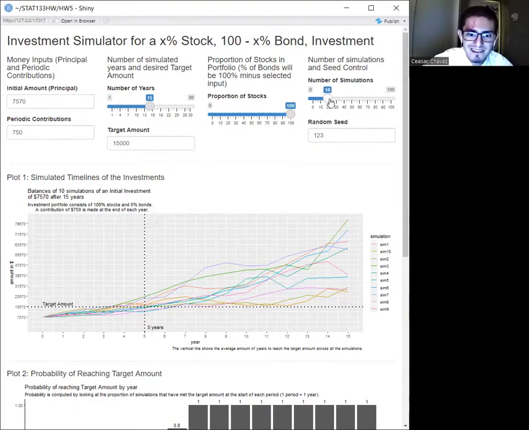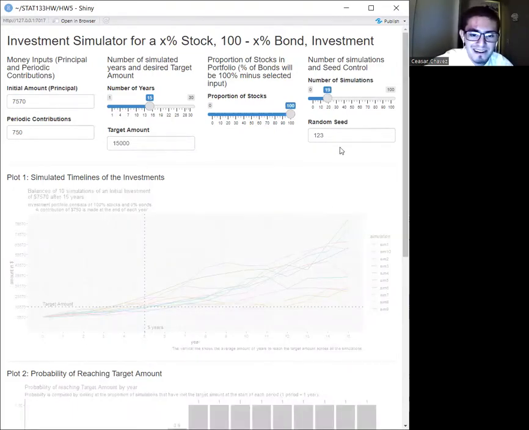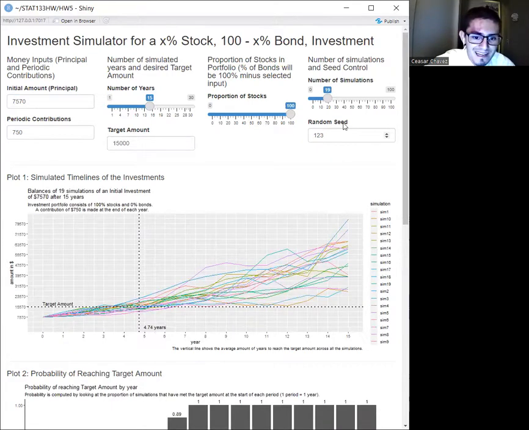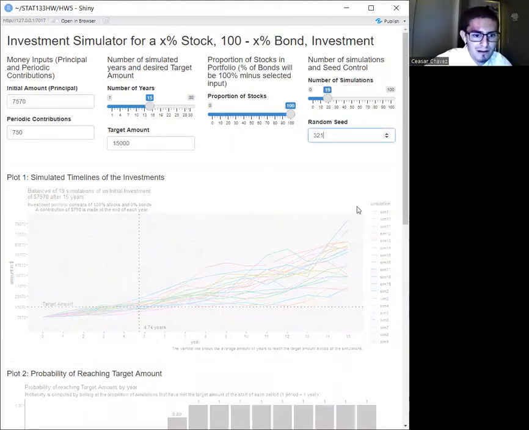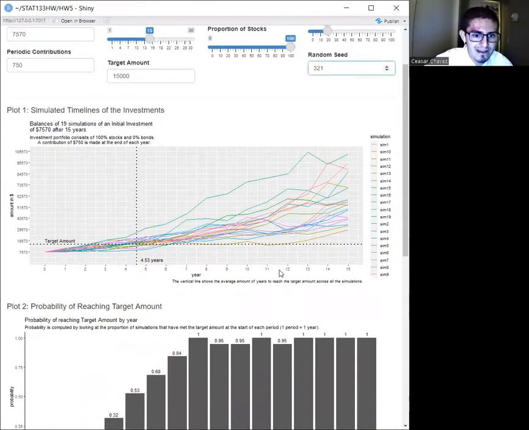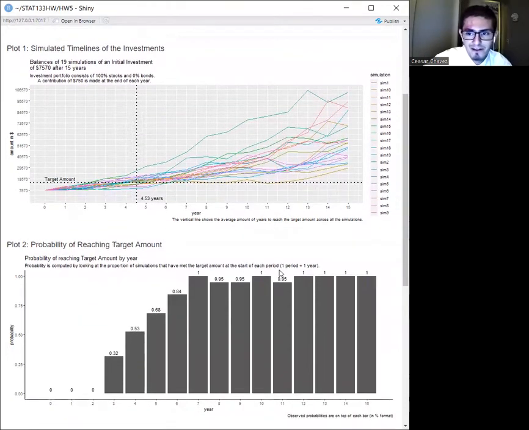Number of simulations, why don't we do something like 19? I don't know, some random number. And last but not least, why don't we change the random seed to 321? And yeah, I guess this is our final